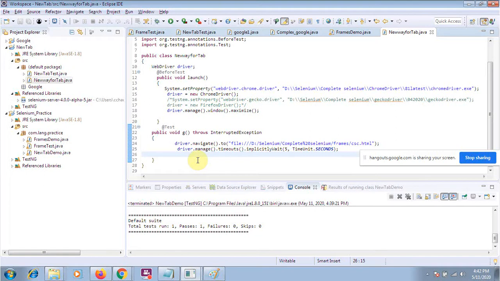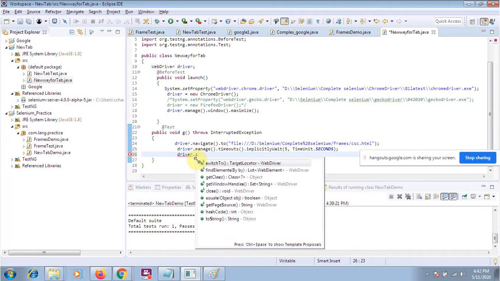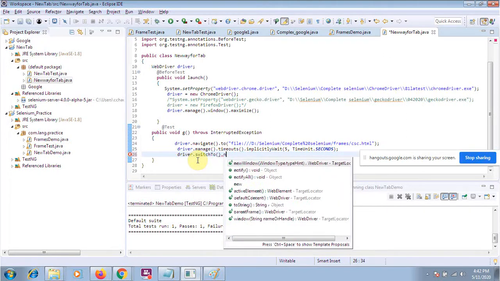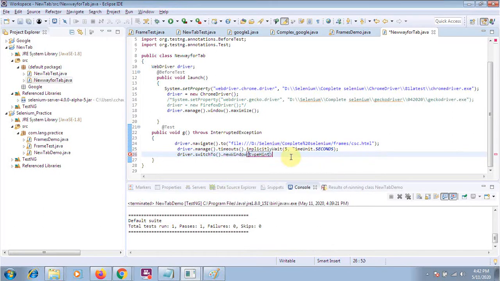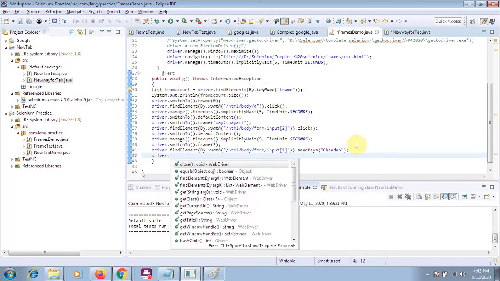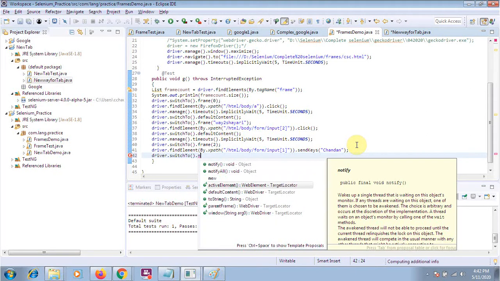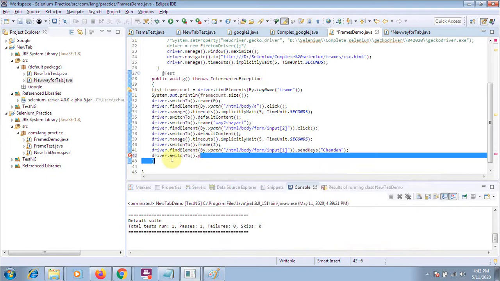There is a method in the new Selenium. Go to driver dot switchTo, and then we have a method called newWindow. This method will not appear in your previous version. If I go to the previous project, driver.switchTo, and use dot new, you can see this method is not applicable in the old Selenium version.